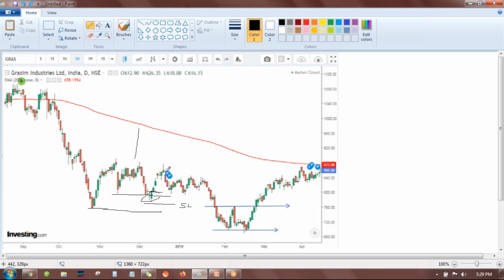I'm not saying that every trade is going to be profitable. Sometimes you will get executed and the price will break this. Okay, but this is the right thing to do in trading. What should be your idea while trading is that you should try to capture or try to see small risk trades on a chart. This is a small risk trade on a chart.